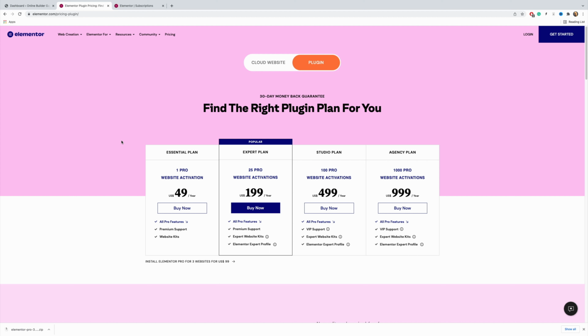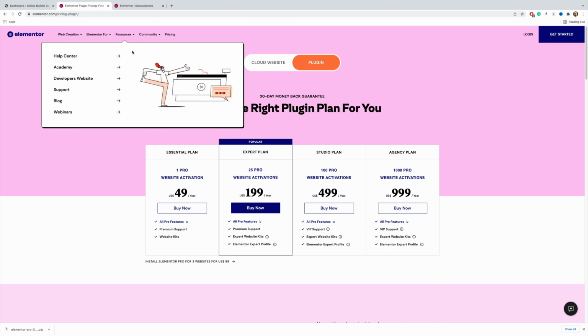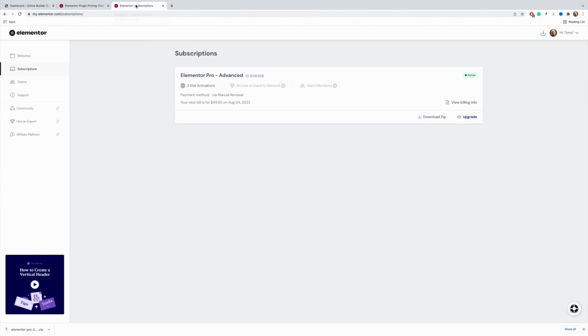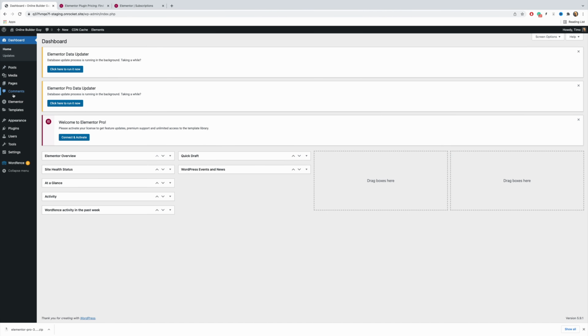Once you have purchased Elementor Pro, go to your Elementor account, and then under subscriptions, click on the download zip link, and it basically downloads a zip file into your computer, and we need to then install this zip file into your WordPress. So once you have the zip file, go back to your dashboard in WordPress and then go to plugins and add new,